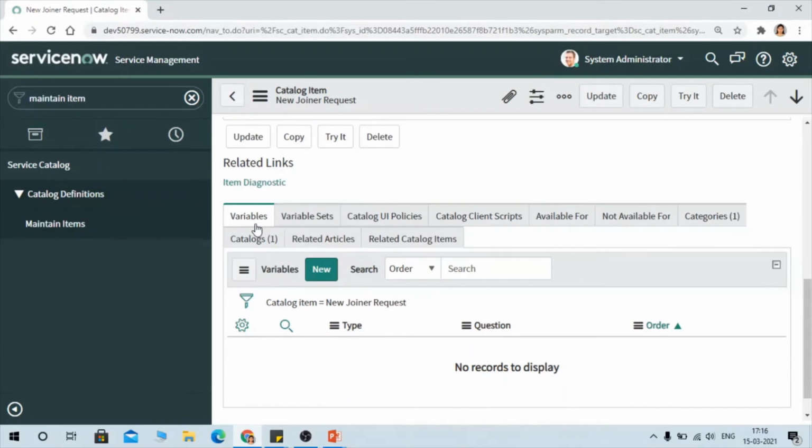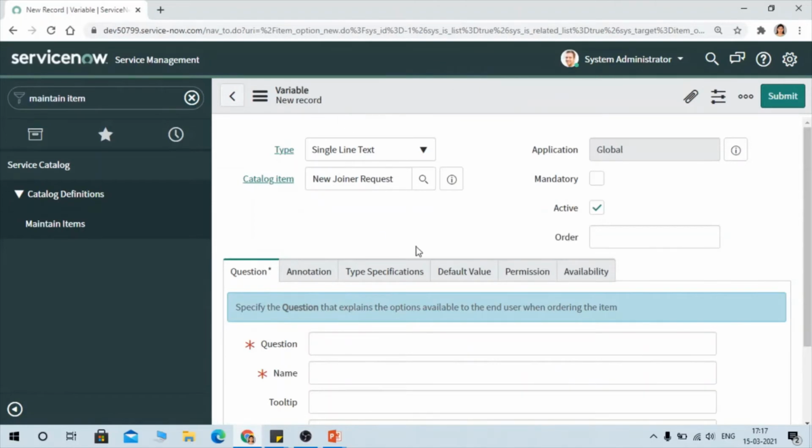So we are having a variable tab. I'm going to explain all these tabs. So first we'll create variables. Okay, so you could see this page from where you are able to create a variable. So this is the table name for variables. So directly you can navigate to this table and create variables, or you can create by clicking on new under the variable tab. So here you have to provide the name, as well as you have to select some type.